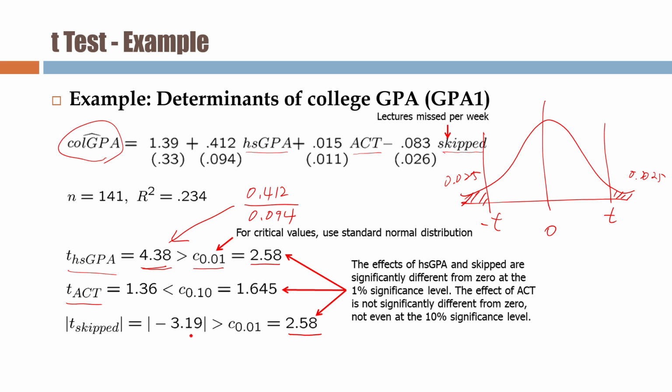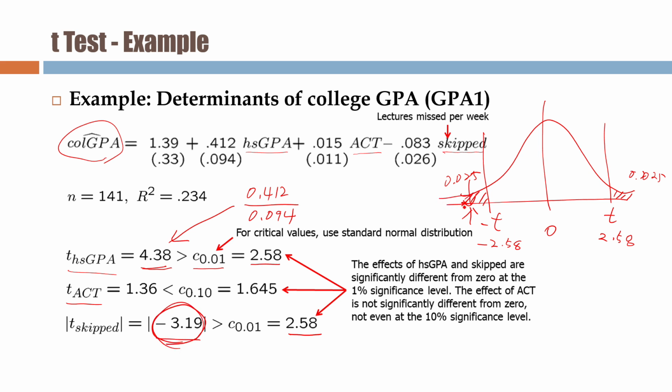That's why we just compare. If this is 2.58, the critical t, then this will be minus 2.58. And my number is minus 3.19, which means it's located here. So clearly,